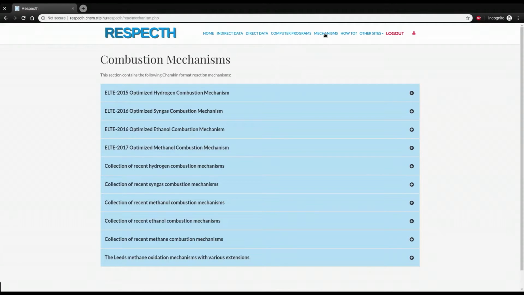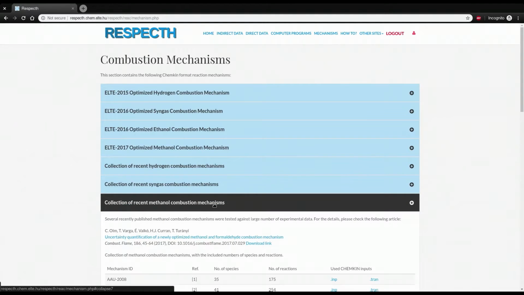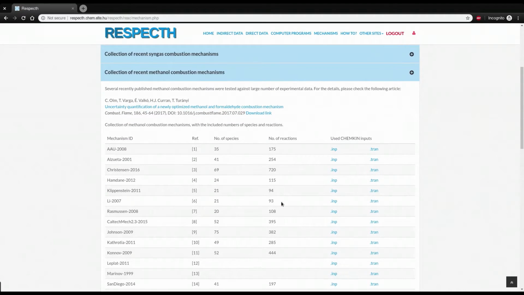We may look for a mechanism under the Collection of Recent Methanol Combustion Mechanisms tab. I download the .imp file of the Lee 2007 mechanism.